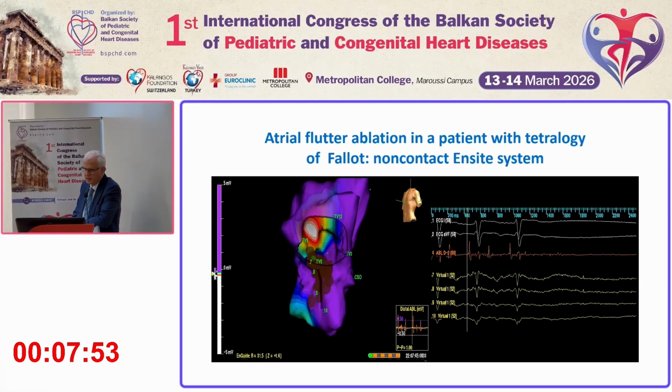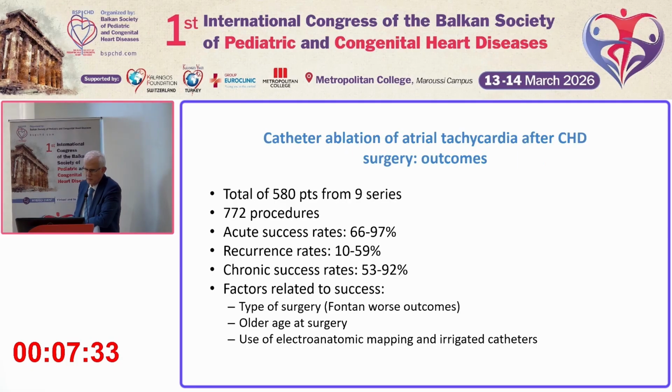More simple patients like tetralogy of Fallot also develop atrial flutter, as you can see from this slide. The typical isthmus ablation was managed with use of a 3D mapping system, and atrial flutter terminates during ablation here. Combining all the series that I was able to find from various substrates, the success rate was about 66 to 97%, but recurrence occurs in about 10 to 59%, and the chronic success rates vary between 53 and 92%, with worse outcomes in